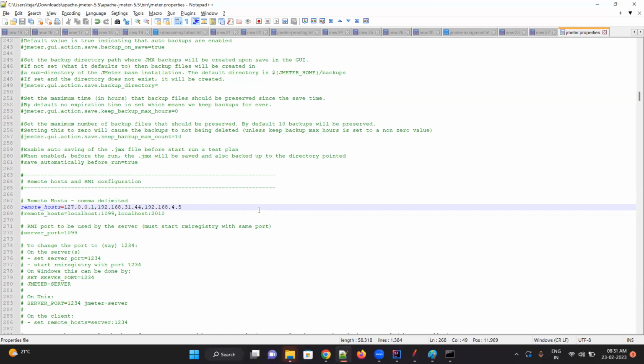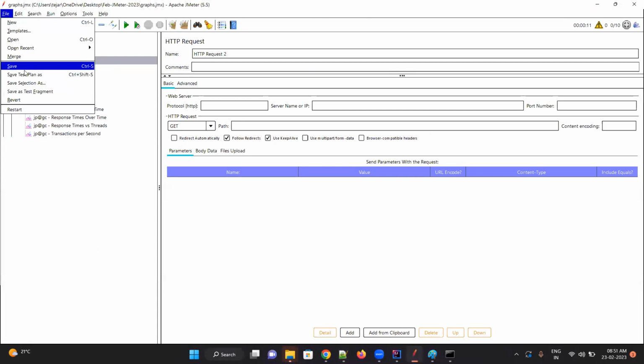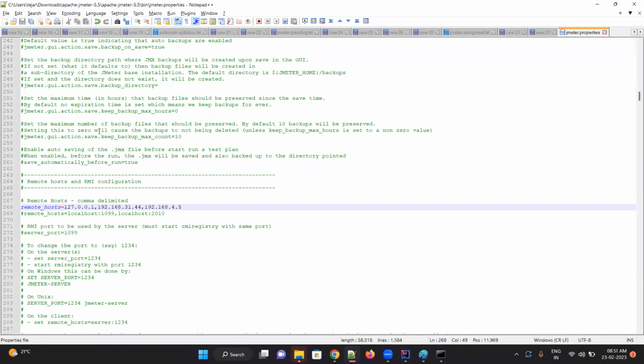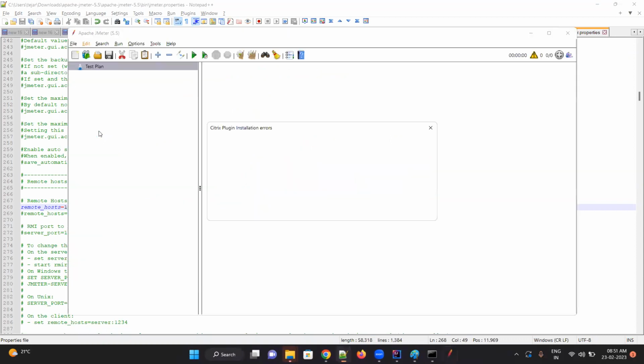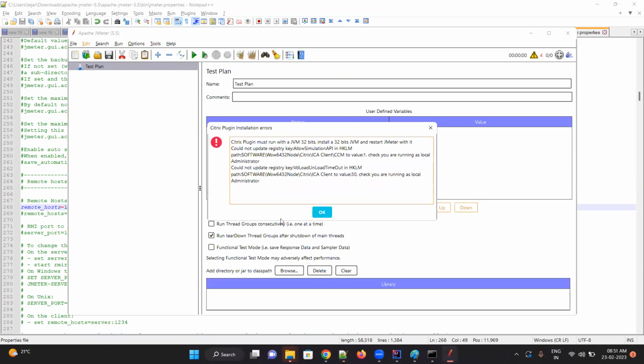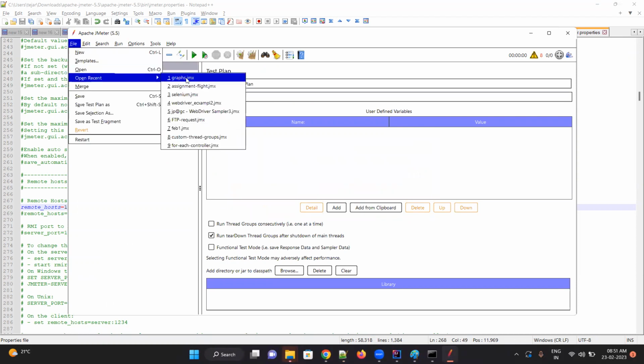So in the master configuration, let's save this. Whenever you make changes in the JMeter.properties file, you have to restart JMeter to reflect those changes. Let's restart. Once you restart JMeter, and if you configured the JMeter properties properly, let's open the script, graph.jmx, that I